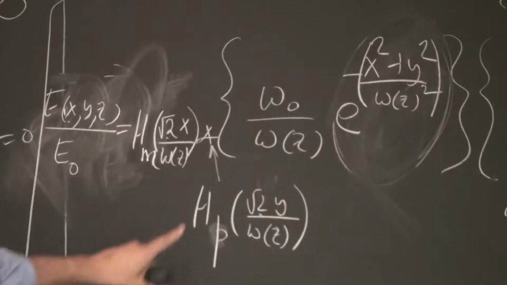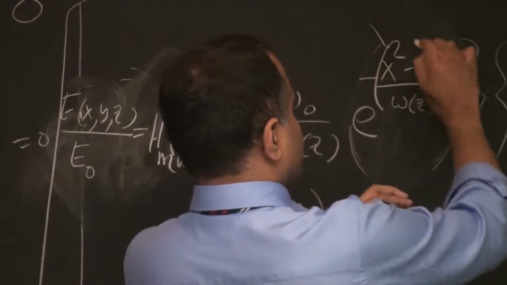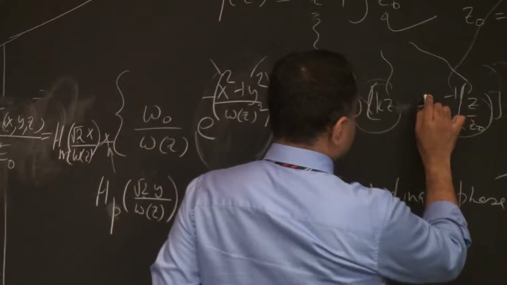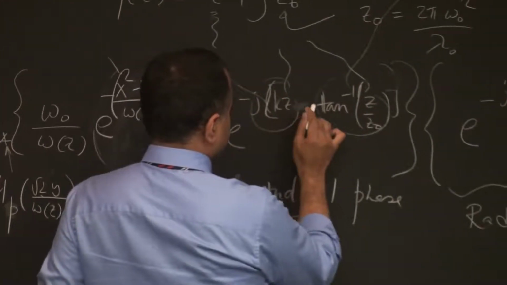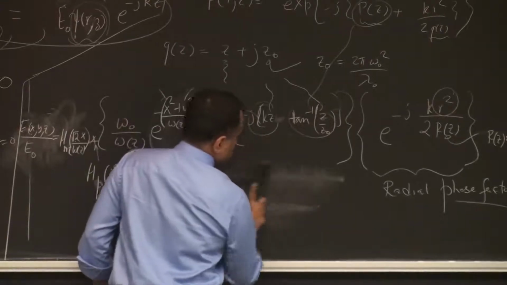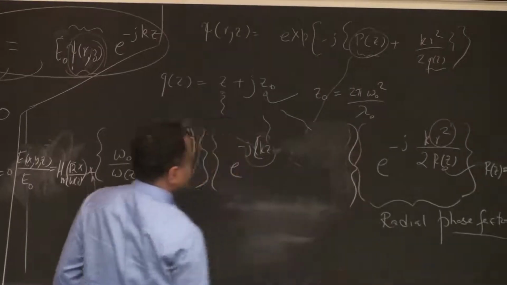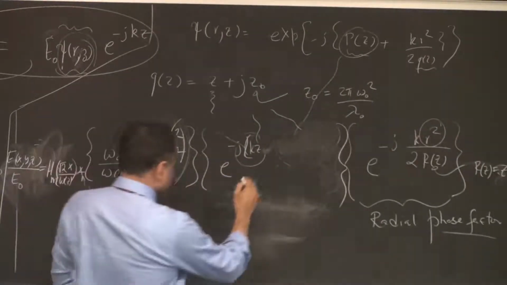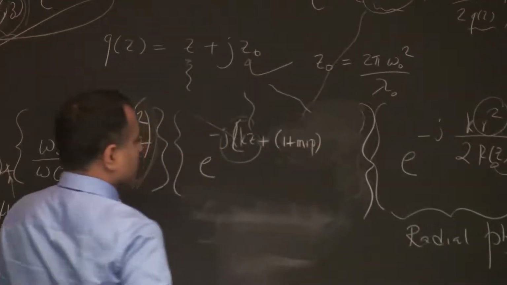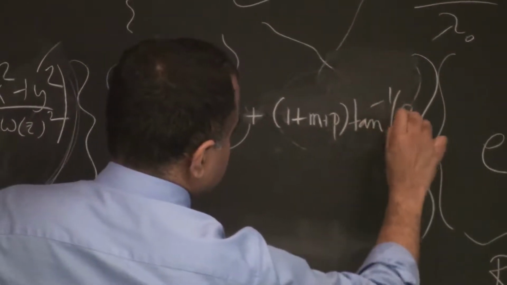So that's one change. The other change, this expression is the same, but now we have split out x and y. And there's one more change, and that's in front of this phase factor, the tan inverse part, not in the propagating part, but in the tan inverse part. So let me also expand that out, the longitudinal factor. The reason I'm getting into this little bit of a complication is because it is useful for lasers. So let me write that down, 1 plus m plus p, where m and p are the orders of the mode, and tan inverse z over z naught.